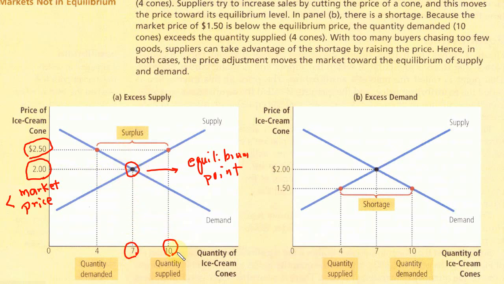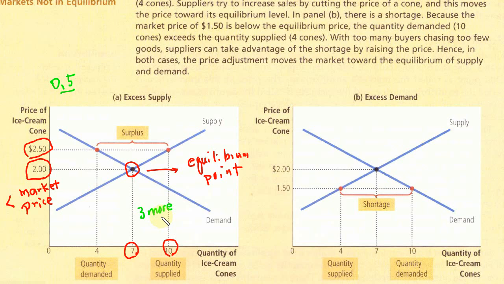Though the supplier increased the price 0.5 more, and along with the price he also increased the quantity 3 more, so up to 10, 3 more. Then the price increased by 0.5